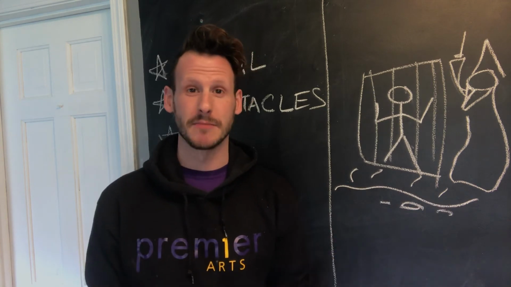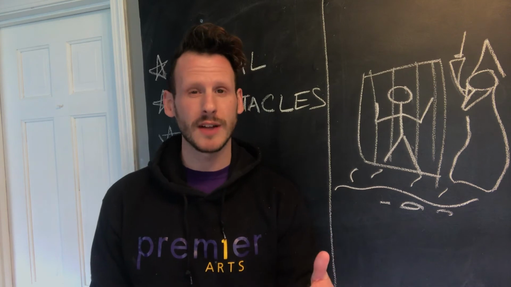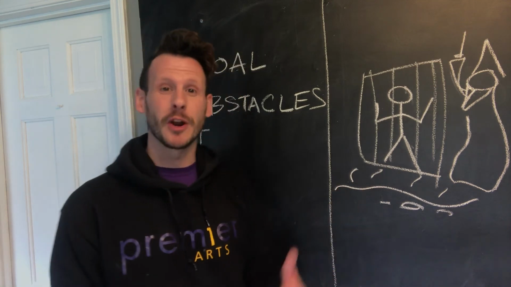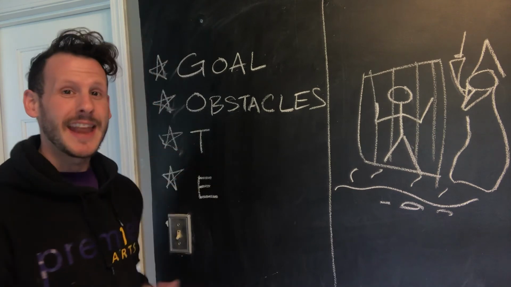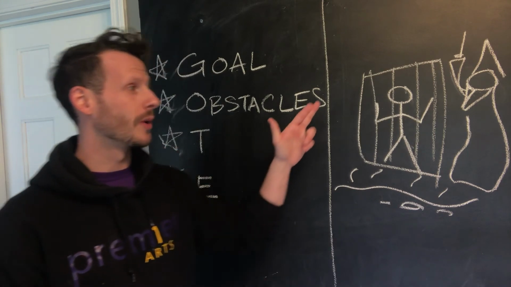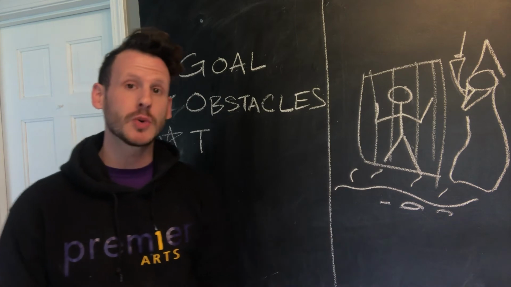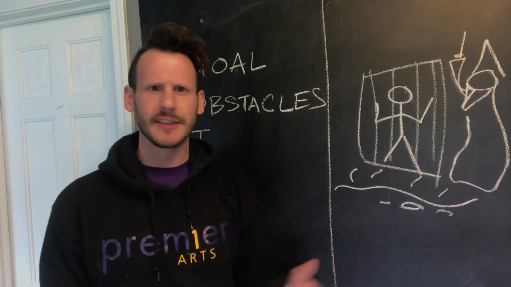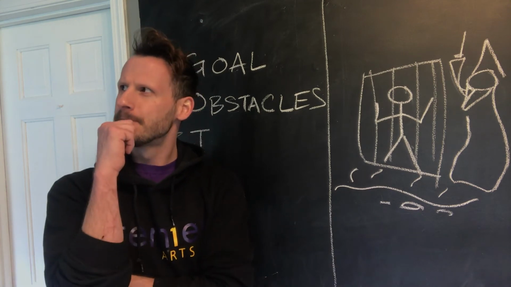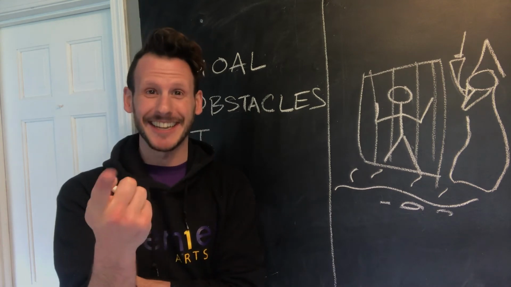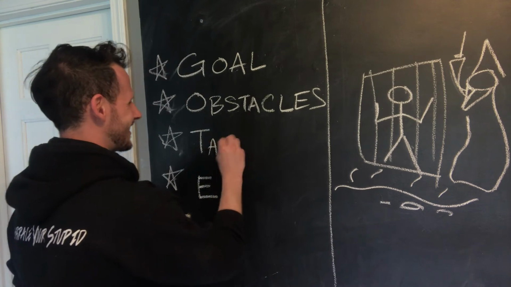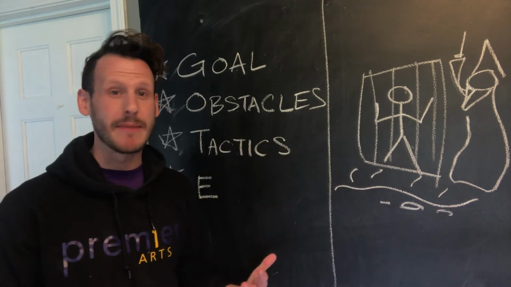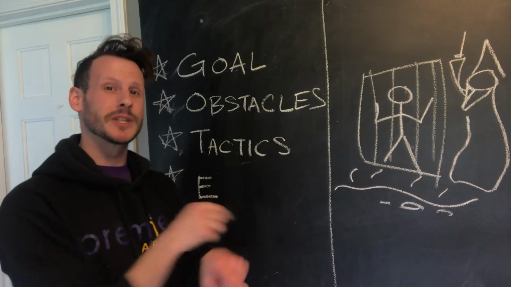So for your next scene or monologue, take a look at what your character wants and then try to figure out what's keeping them from it. Which leads us to our third letter, T. Now, T are the ways that our character is going to go around the obstacles to achieve their goal. What's a word that means ways you're going about something that starts with a T? Tactic! You're right! Tactic. Or tactics. When I can't remember, I like to think of it as tic-tacs if you switch them around.